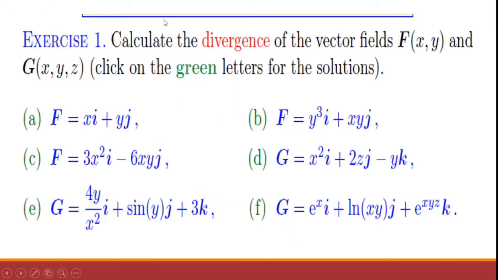Now I am giving 6 problems as exercises. For all these 6 problems, you have to find the divergence of all these vectors. When I say divergence, we have to find the dot product, that means del dot f. Here also del dot f, here del dot g, here del dot f, here del dot g, here del dot